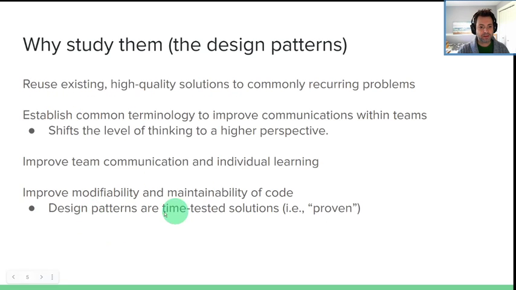There's an interesting idea, though, that sometimes design patterns kind of migrate over to become anti-patterns. So this is where something that works right now in 2021, maybe in 2022, we find that was a bad idea. Let's not use that anymore.